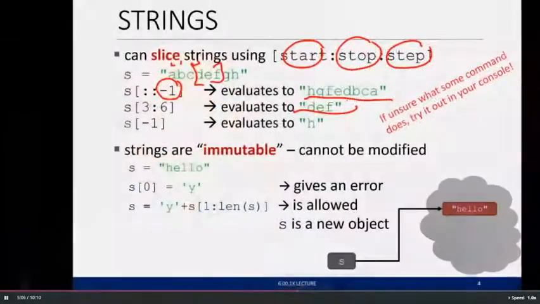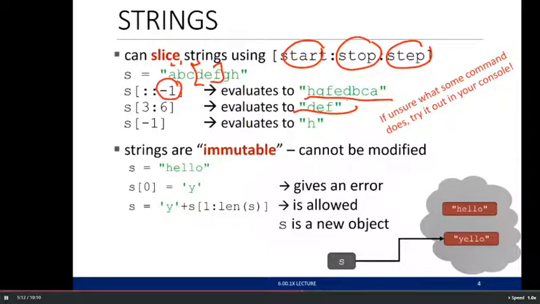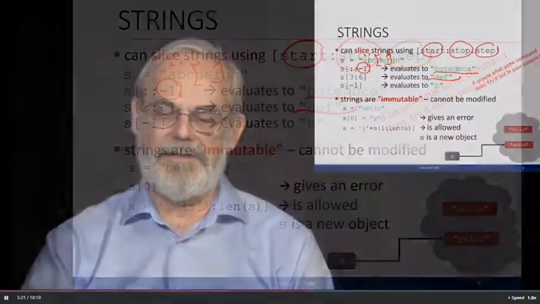And here, just to remind you, S was initially bound to hello. When I do the last call, I'm changing that binding and redefining it to be a changed new version of a string. The original string is still stuck in memory. It's just floating around. I can't access it anymore.